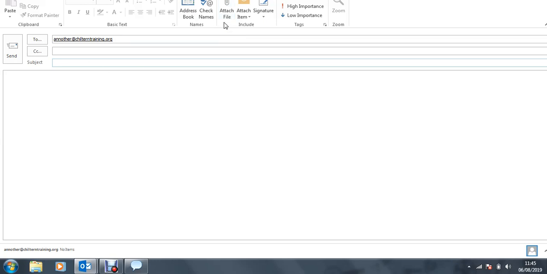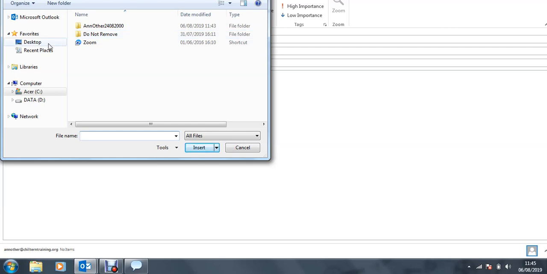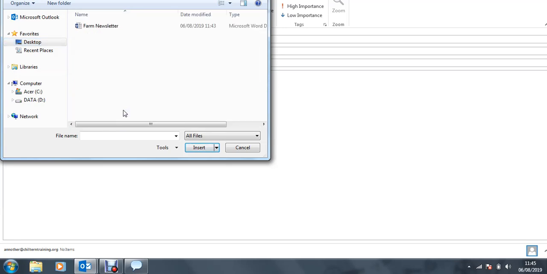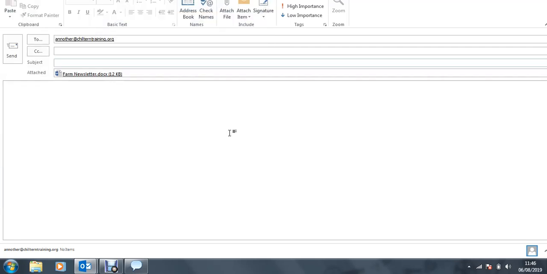So the subject should relate to whatever you're attaching. So if you're attaching your spreadsheet that was about sales, then put the subject as sales spreadsheet. If you're attaching a poster on a subject, then put whatever that is and poster. So London poster. Or so we'll attach our file. We click attach, navigate to the desktop and find your named file, and then attach your document and then your subject. So on this one,